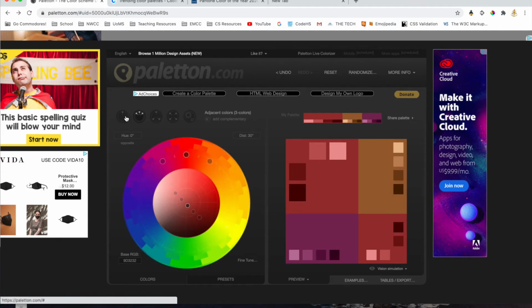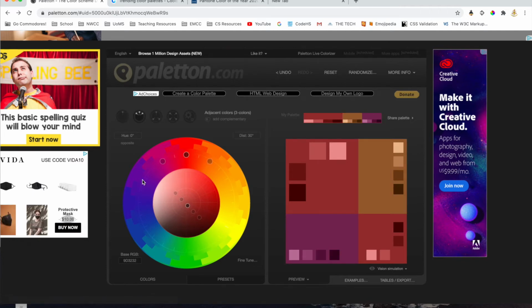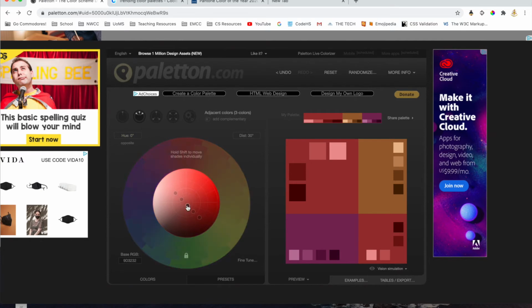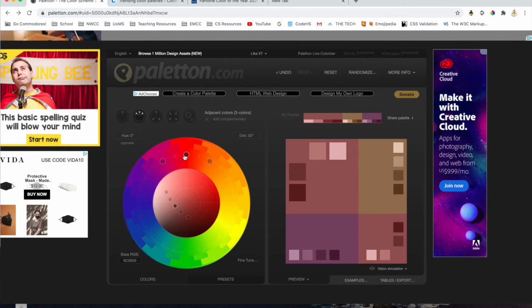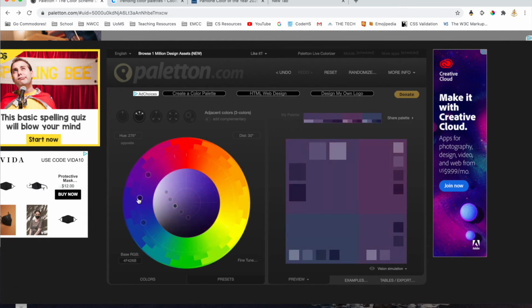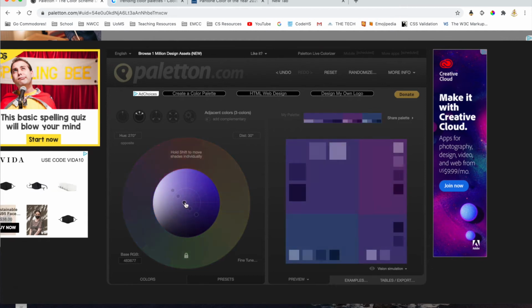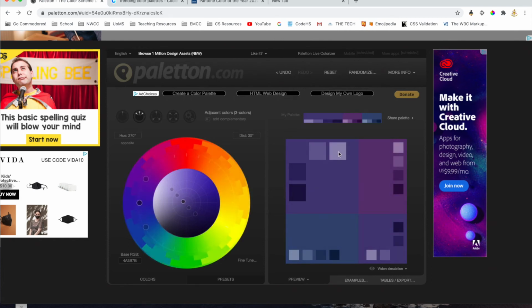So you can choose different color themes here. That would be a monochromatic. You can do adjacent colors. So let's say we wanted to go with adjacent colors. We can move these around on the color wheel, and then we can also move this around on the color wheel. Okay, so you can pick and find the colors that you like and that you think are going to go well together. I don't really like any of these, but